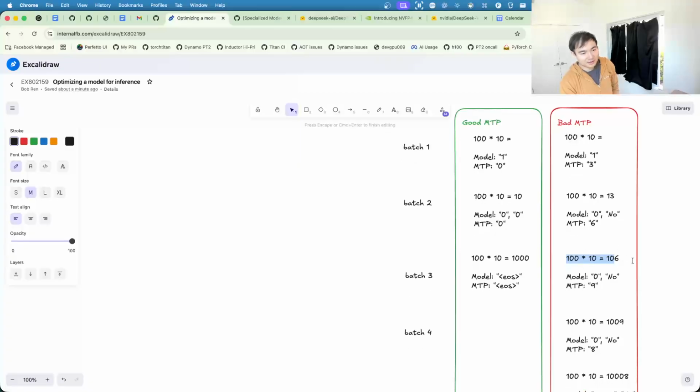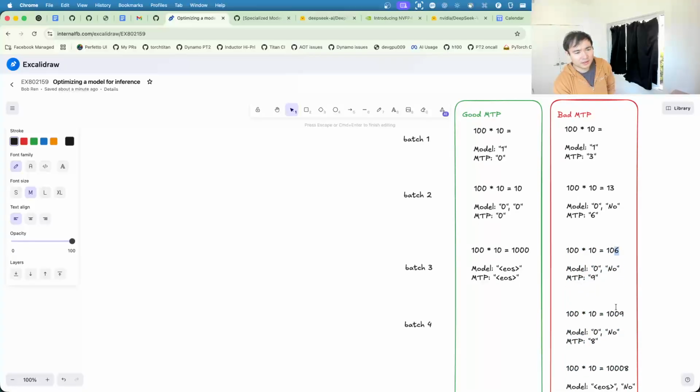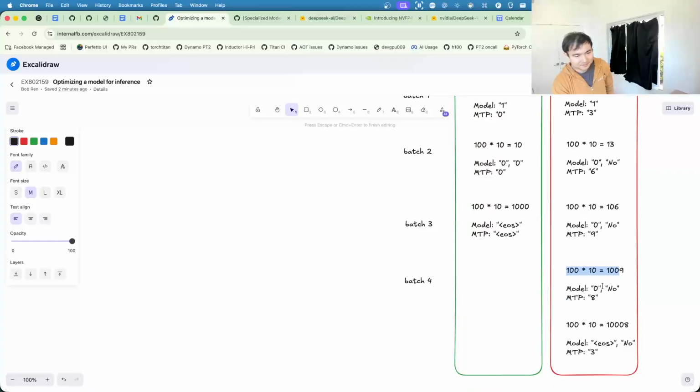So again, when this comes around, the model is going to make 2 predictions. It's going to make the predictions for what the next token would have been for this prompt and this prompt in parallel. And again, it's going to say, no, I disagree. You predicted 6, but I predicted 0. So we have to throw away the speculation. And then we do the next round. In the next round, we say, okay, 100 times 10 equals 100. And then speculate 9. Again, we compare what the model would have predicted